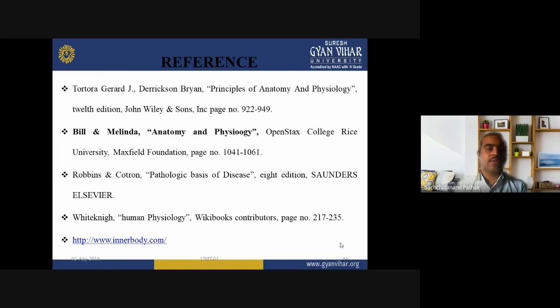Now here are some books that you can follow. Today, whatever we learned, that means we talked about reflex action, different parts of the brain, and the ventricles. So you can go through books like Tortora's Principles of Anatomy and Physiology, Elaine Marieb's anatomy and physiology, and Robbins and Cotran's Pathologic Basis of Disease. You can see the diseases related to the nervous system in these books, and you can also follow the Ross and Wilson books. And for an Indian author, you can follow Gandhi and Gandhi.